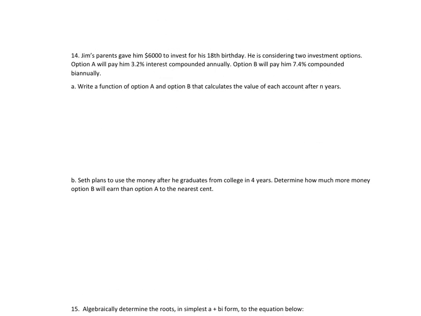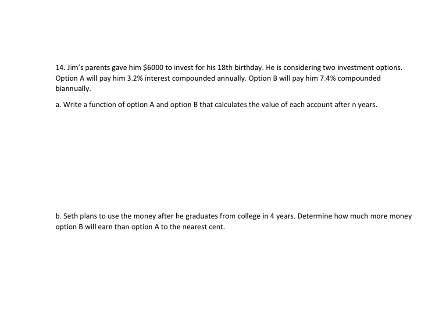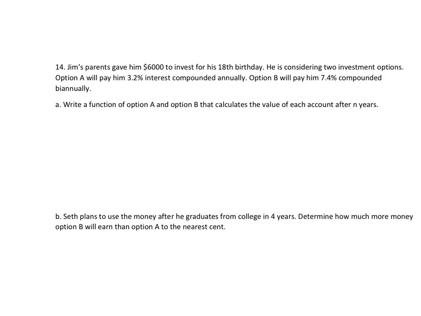Next question says, Jim's parents gave him $6,000 to invest for his 18th birthday. He's considering 2 investment options. Option A will pay him 3.2% compounded annually, and option B will pay him 7.4% compounded biannually. The keyword here is compounded, and after that annually and biannually. This means we're going to be using this formula because this is the compound interest formula. P is your initial, R is your rate, N is the amount of compounds per year, and